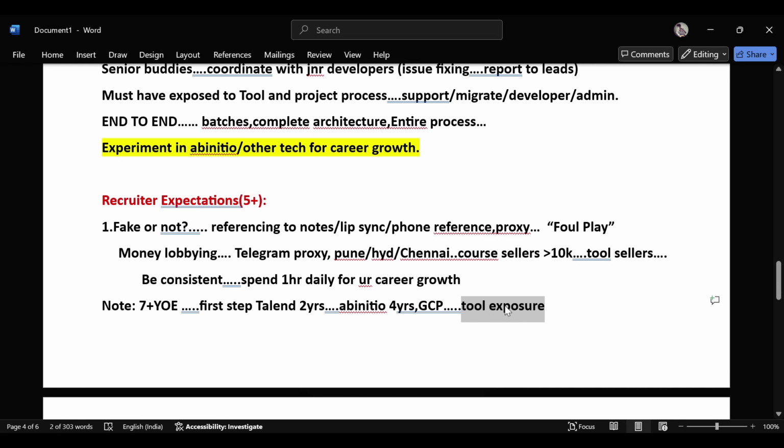But this is an Ab Initio interview, right? When we focused on Ab Initio questions, he was completely bad at tool exposure. If you are completely bad at tool exposure, then no one can save you. We'll just ask a few questions,